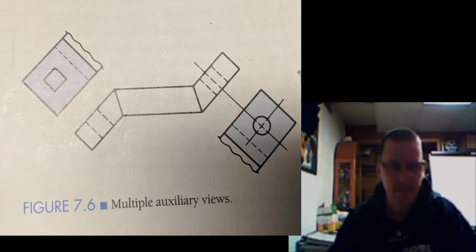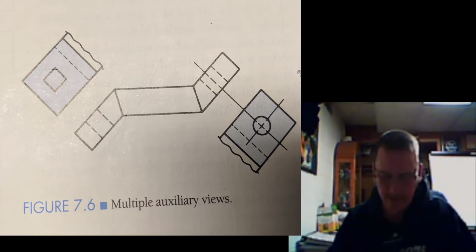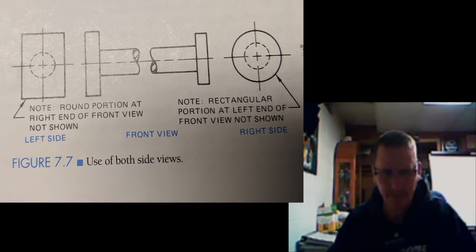Going down to the use of both right side and left side views. In general, only a right side or left side, top and front views are required to show clearly all details needed to fabricate the part. However, when the part is very detailed,